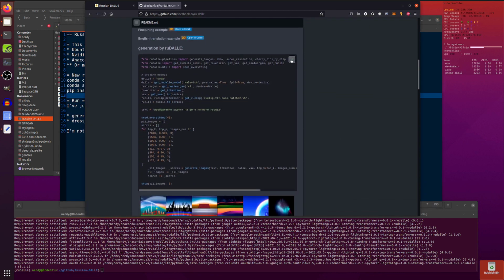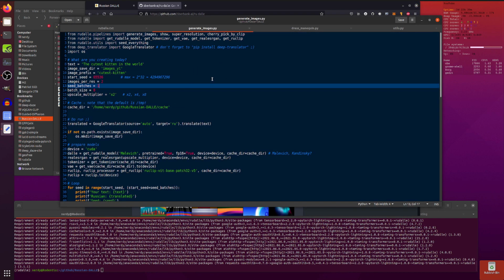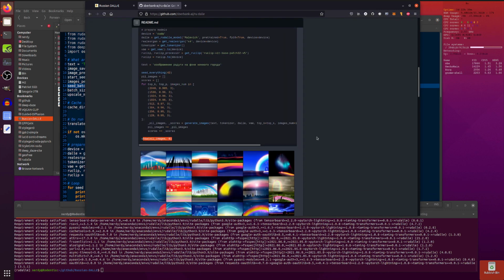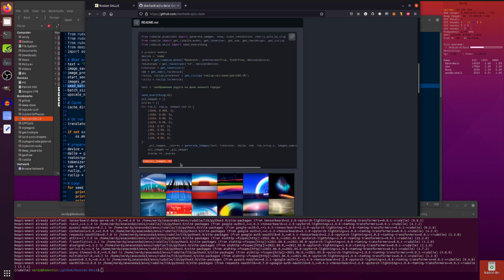Generation by ruDALL-E. Copy, pasta. There you go. So we've copy-pasted it into here, but we've made a few little changes. So I put all the bits and pieces up the top and added some things in just to make life easier. Now, one of the things here is this show thing here. If you copy-pasta that straight away and just run that, it won't do anything. It will run through, it will work perfectly, and then you won't get any images because show images doesn't do